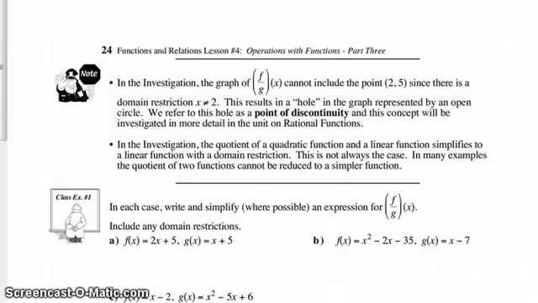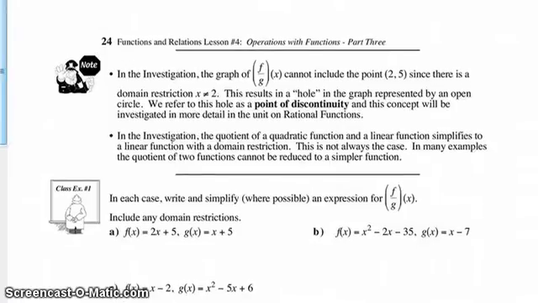As we continue on in our investigation, just make note and have a read. Stop and read. We talk about holes and points of discontinuity much more later in this book when we talk about rational functions and so on. There are points of discontinuity that result in rational functions when we have